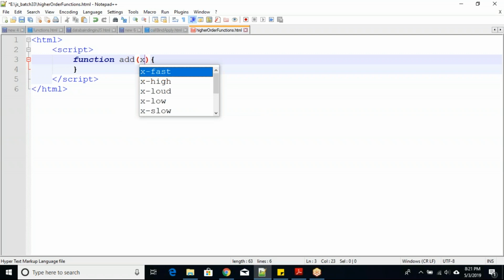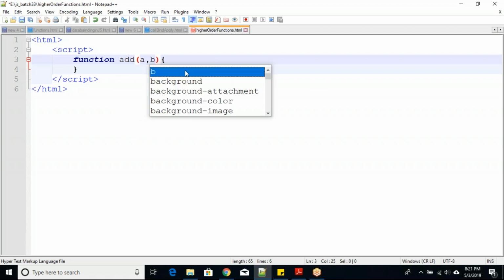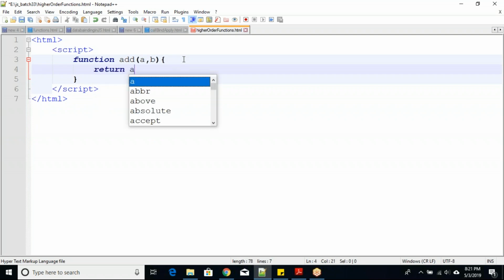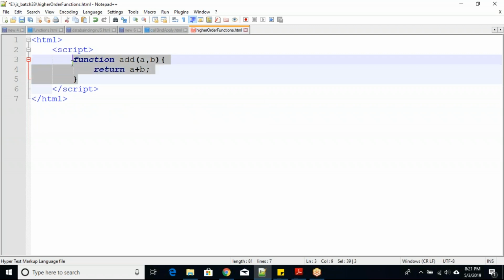So a comma b, and which returns a plus b. This is a function which takes two arguments and returns the sum of those two arguments. That is a function, right? Okay, that's good.